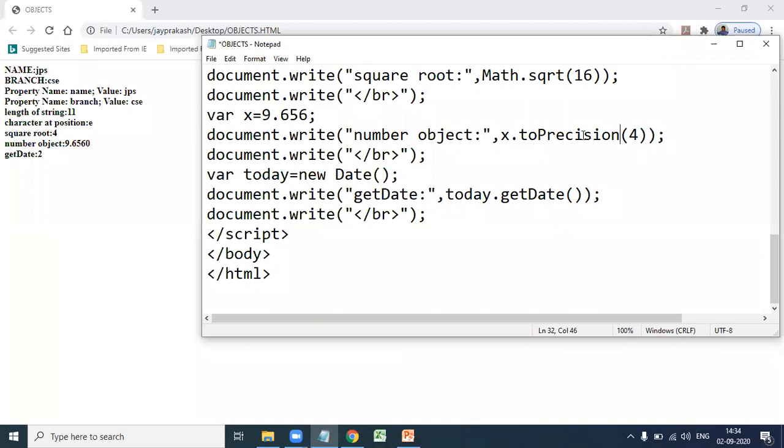If you give toPrecision(4), so what is the value? One of you reply in the chat box. There is a value x that contains 9.656. So what is the output if you give toPrecision(4)?